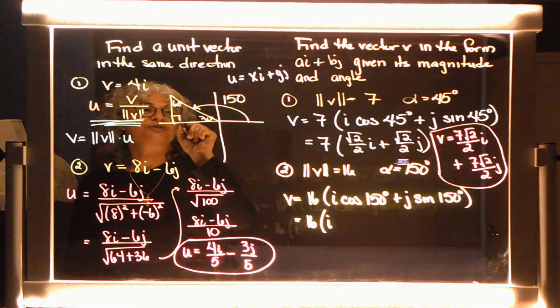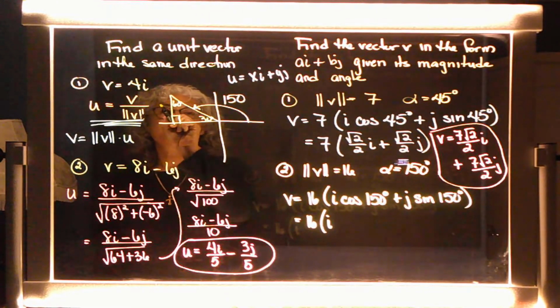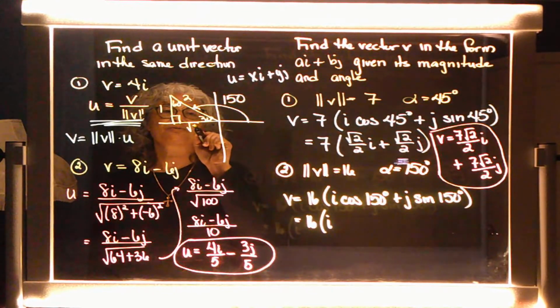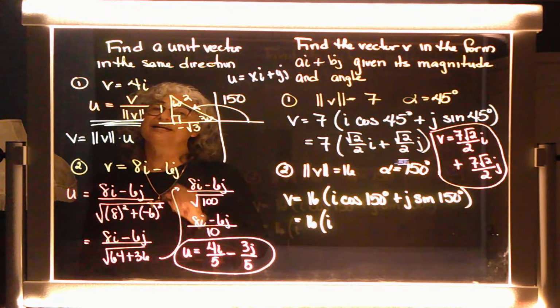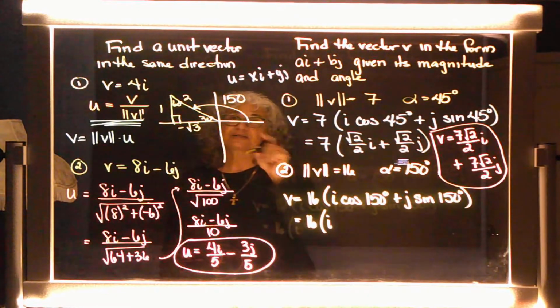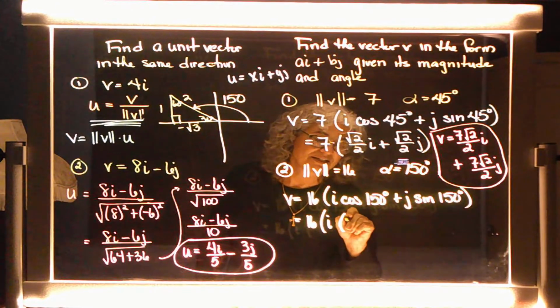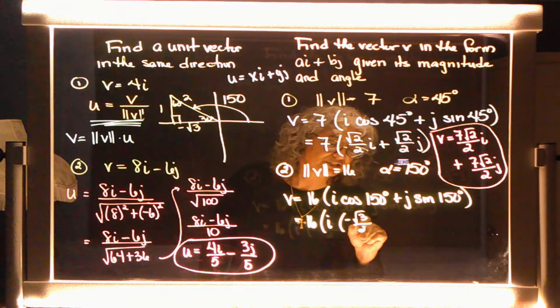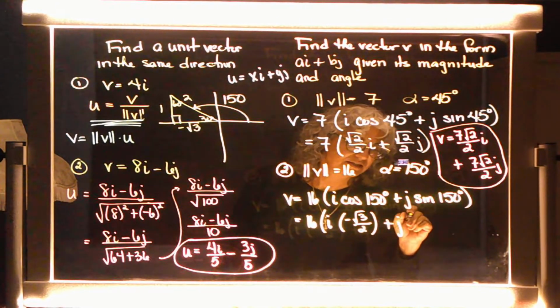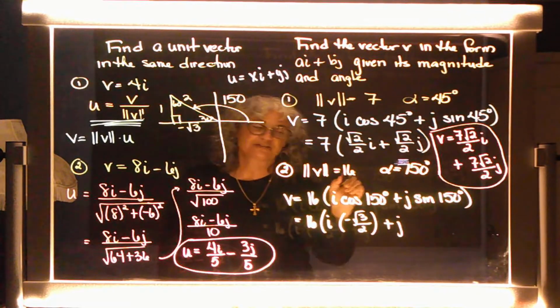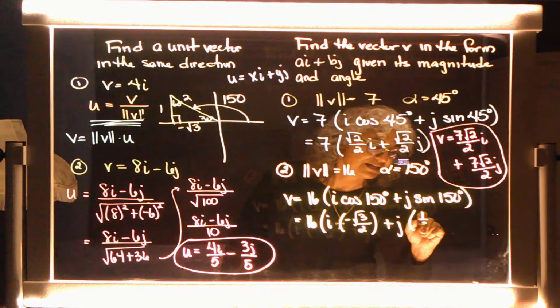There's 60 degrees. That's the 1, right? That's the 2. That's the square root of 3, but this is negative. So what's the cosine of this 150 degrees? Negative square root of 3 over 2 plus, and the sine of 150 degrees? Good, 1/2,